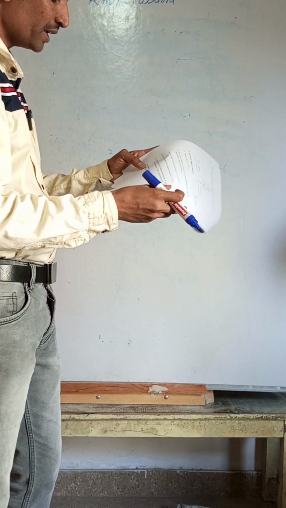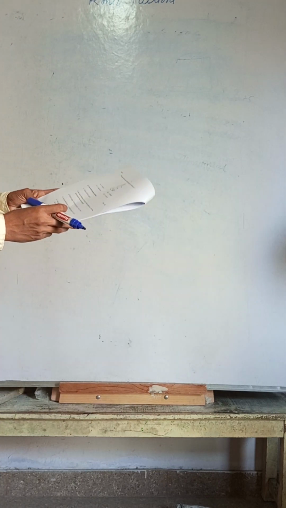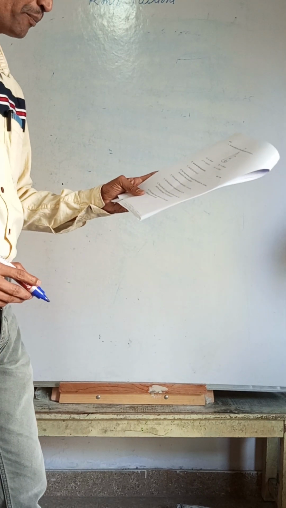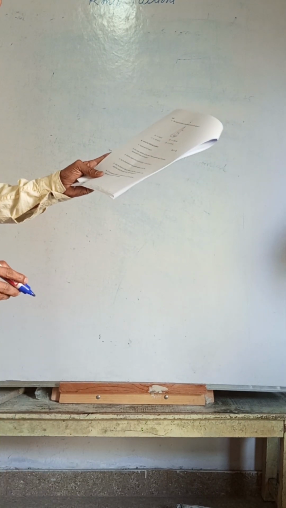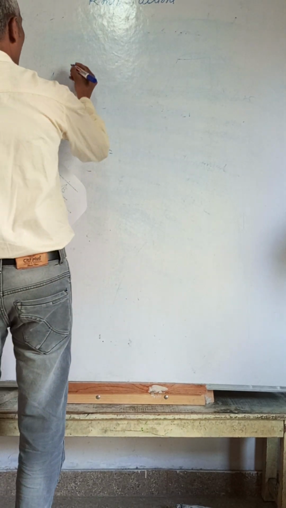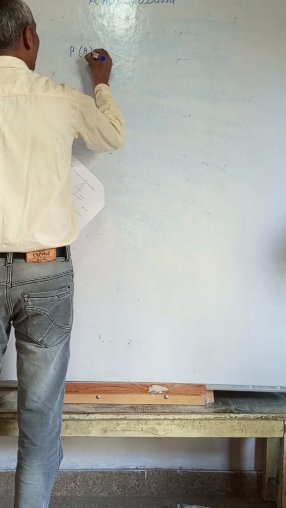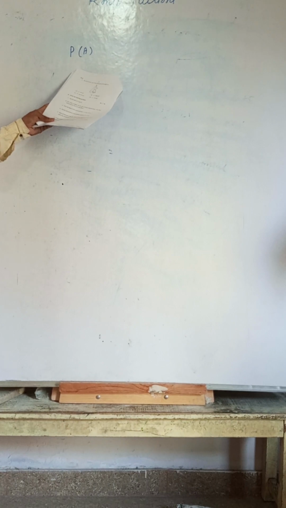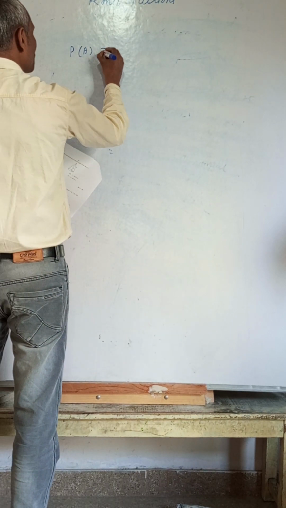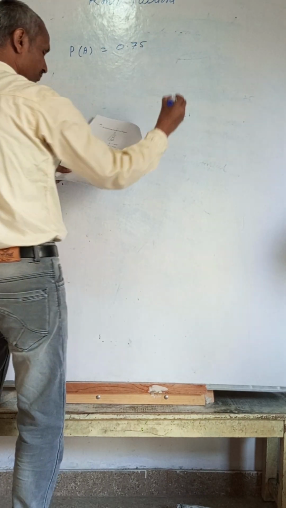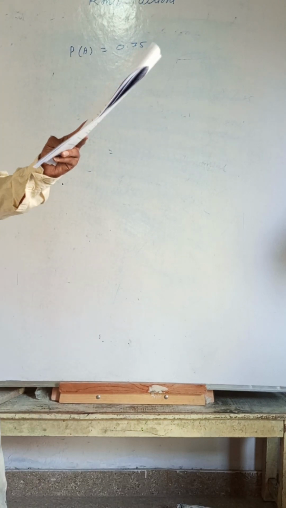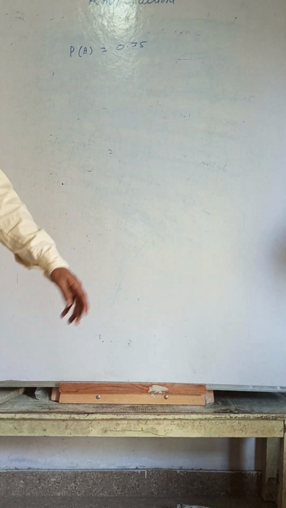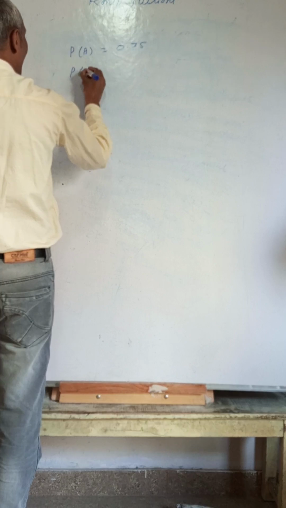Question number 14 is given: if the probability of raining on a particular day is 0.75, it is given P(A). A means the event is happening, and that is 0.75. Then find the probability of not raining on the same day. Not raining means you are finding P(A bar),